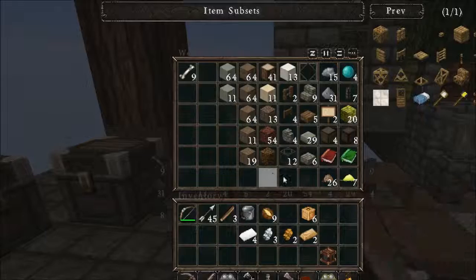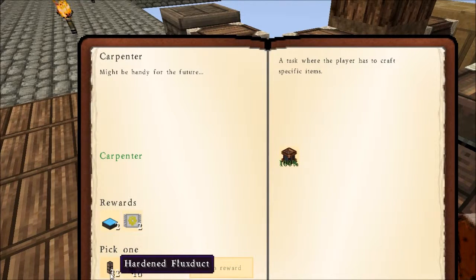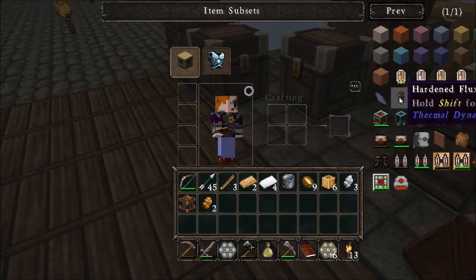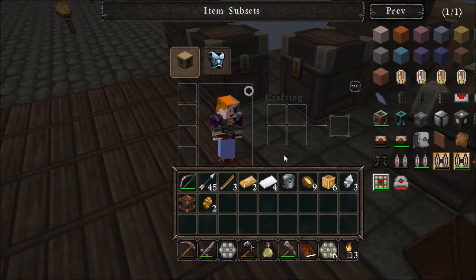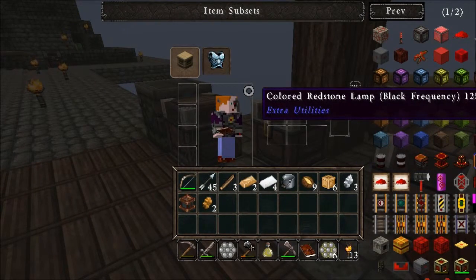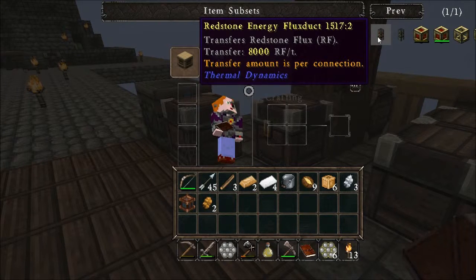What have I got left over here? I'm sure I've got some wires left over here. What have I got? I've got the hardened flux ducts. 800 RF per tick. Maybe I'm mixing them up, which ones they are. Hold on. Hardened flux ducts, 800 RF per tick. And then the other ones are called redstone energy flux ducts. Oh, okay. That's quite a big difference. 8,000 RF per tick. So I think I need...